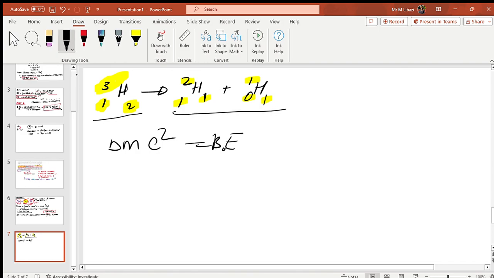We wanted to calculate the binding energy when we remove a neutron. So now we need a mass defect. A mass defect is change in m, which will now be equal to